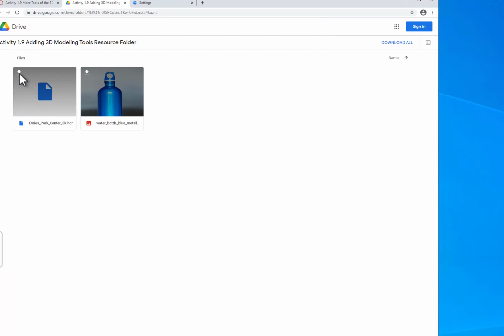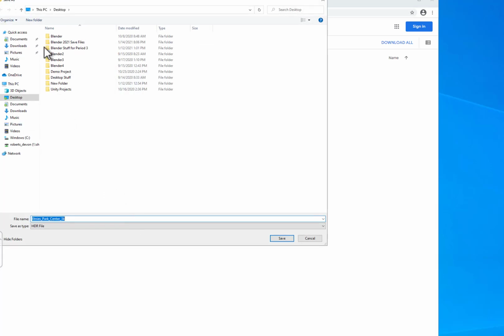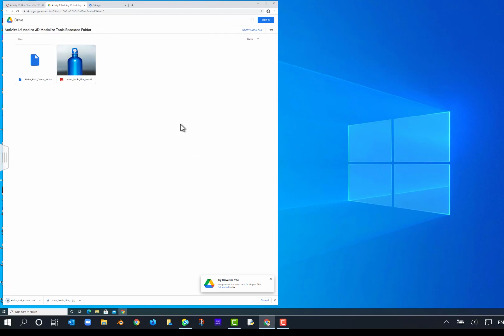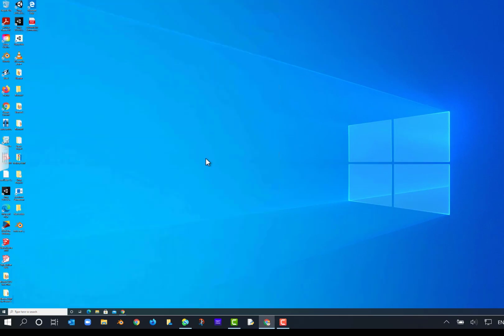I'm going to go ahead and download this one as well. This will save me some time later. It's going to ask me where to save it and default to my desktop. I'm going to click save. Okay, so now that we have these on our desktop, we are ready to roll. You can see one of those files is right here. It's teeny tiny, but we'll get that into Blender and get it set up as a reference image in the